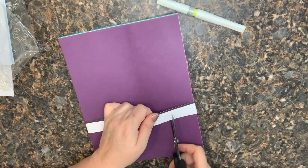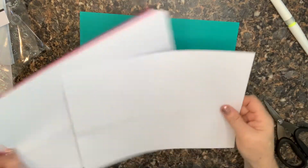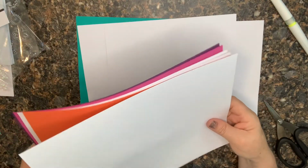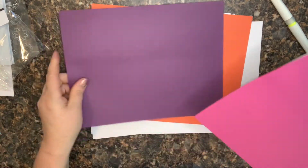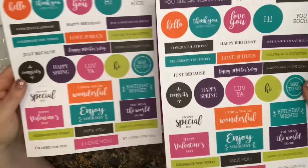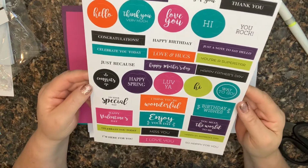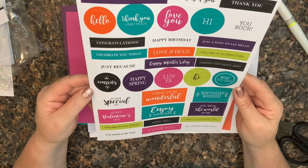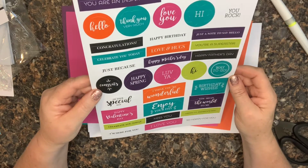Okay, and then for paper, we've got some cardstock, like this turquoise, white, white, white, orange, purple, pink, and then a bunch of kind of punch out pieces. So both sheets are the same. So nice bright colors to match all the stamp pads. And then lots of little sentiments on here. I think you're wonderful, enjoy your day, birthday wishes, you mean the world to me. Okay, so all kinds of fun little punch out